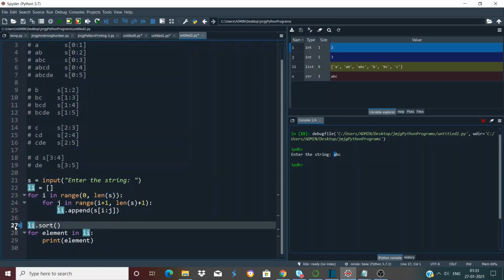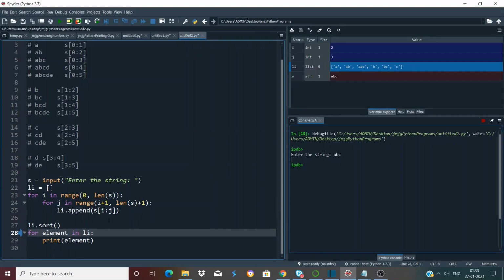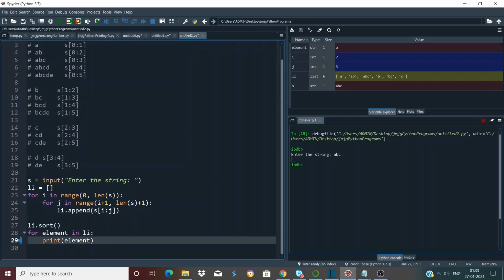It comes to line number 27. Here it sorts the list. We entered the string ABC, so the list that has been created is already in sorted form. This list will remain unchanged. If we again press Ctrl plus F10, the list has remained unchanged, and now it will simply print the elements of the list one by one in the console.